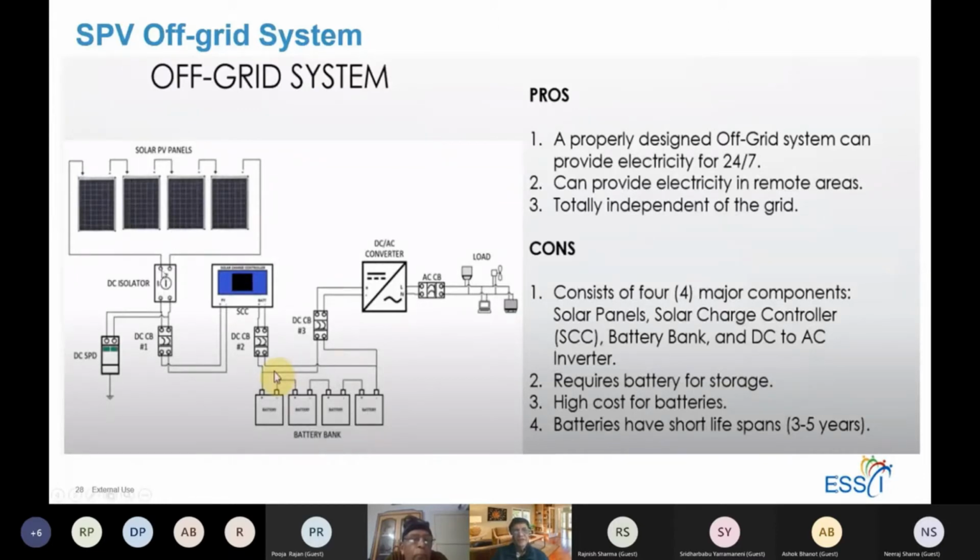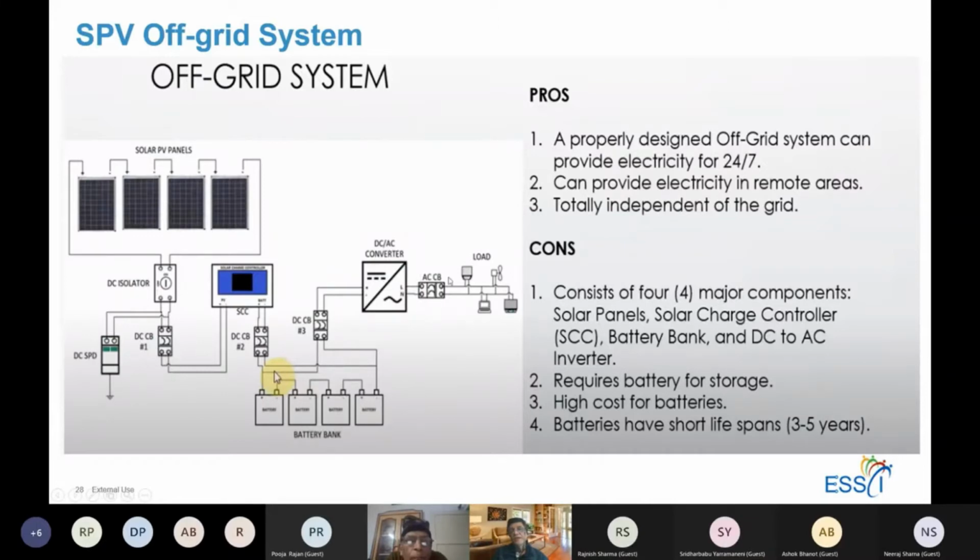The solar PV panel generates energy, then the isolator, the circuit distribution board with the circuit breakers and surge protection devices, feeding into a solar charge controller, which is charging a battery bank. And the purpose of the solar charge controller is to make sure that you don't overcharge the batteries and you don't undercharge the batteries. Okay, and these charged batteries are feeding the inverter through an overcharge protection device, the DC circuit board, the OCPDs.